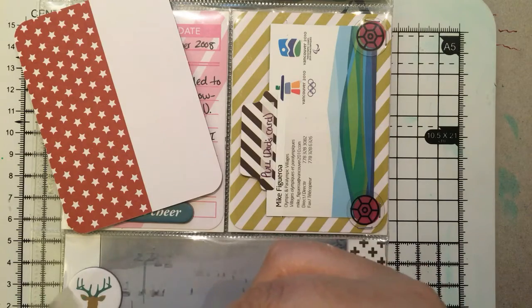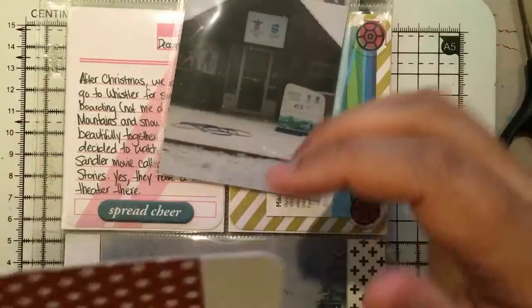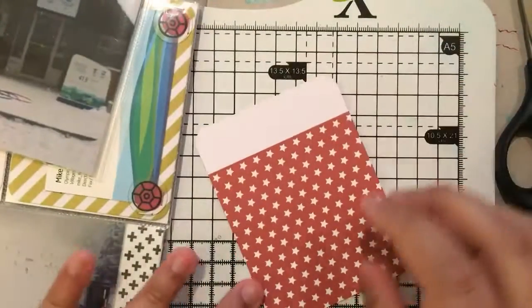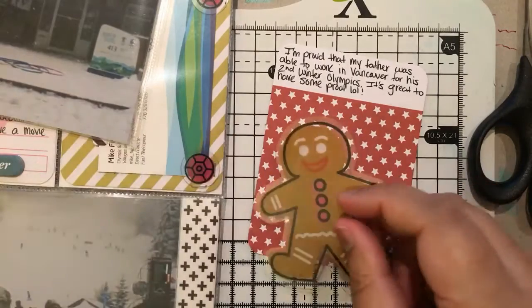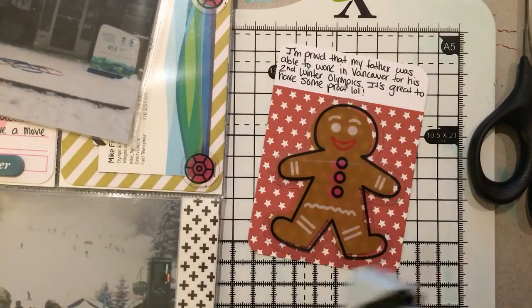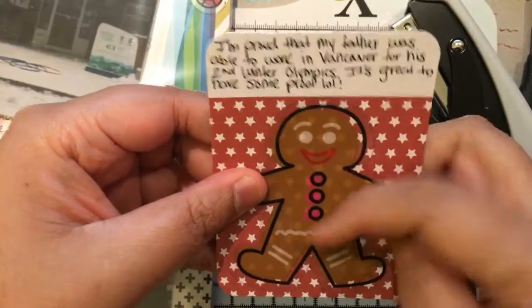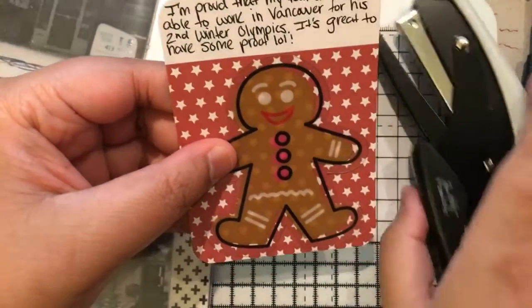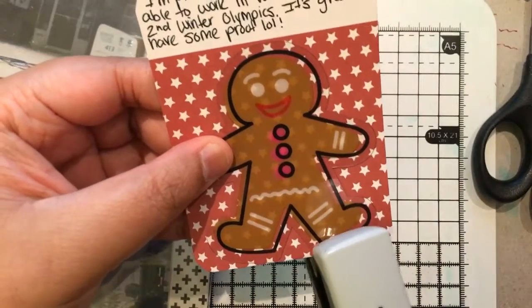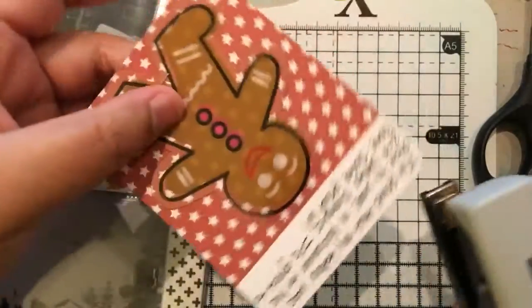and at least it's great to have some proof, because I know this is kind of bad, I'm probably not the only one, but I was one of those kids that when your parents tell you something that they did in the past, like my father told me he used to be in a band when he was in high school, and I didn't believe him for a very long time because there was no proof,